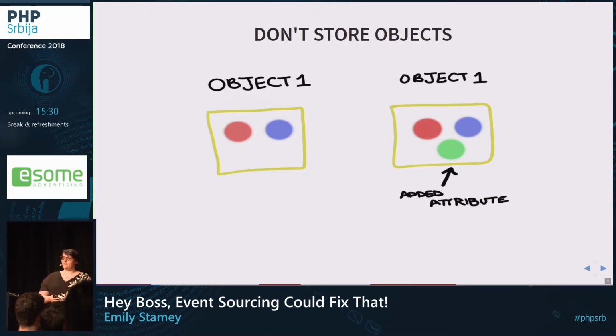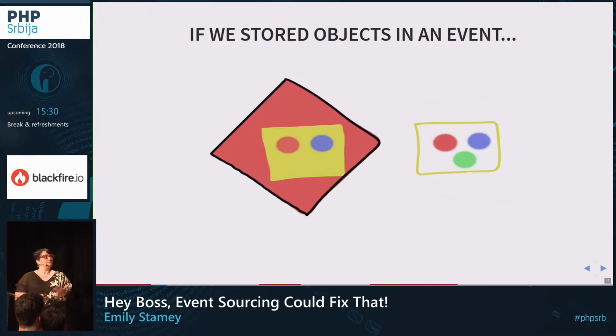But if we had something like Object 1 that started out having only 2 attributes, and we decided to add a third one, but we had stored that in an event, we would have a little bit of trouble unpacking that. It's not that it's impossible to reconstruct that older version of the object. It's just that we are writing into our event something that should be flexible to change.